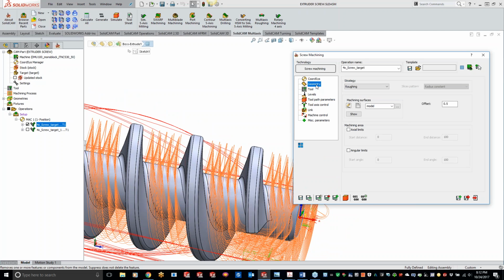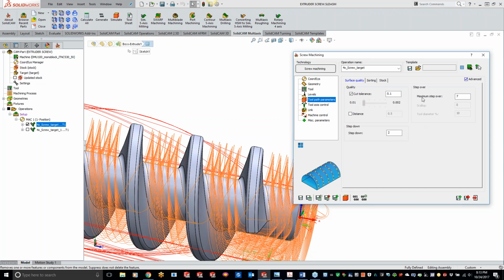I think I did forget one thing, the offset. So you guys can set an offset on there. Now this is going to affect, we don't have a floor offset, we don't have a wall offset. It's just going to affect the entire model. So what it's doing is looking at the entire model, and then you can offset it. In this particular case, we're offsetting at 0.5 millimeters for our roughing cut. So we can come back and do that finish cut, and put that offset at 0, or make that offset a little bit smaller, and then come back with an even finer toolpath for you guys. So,